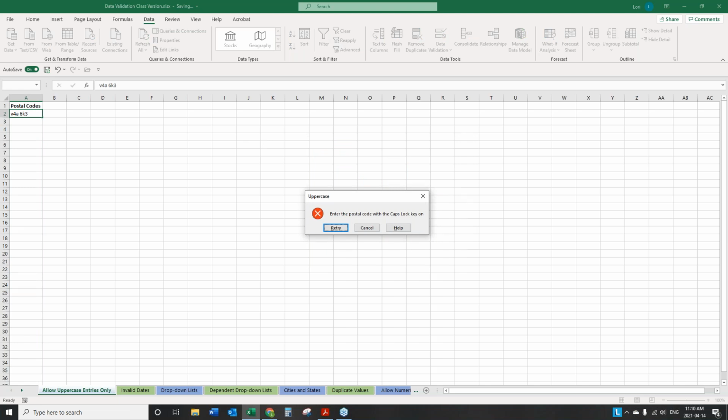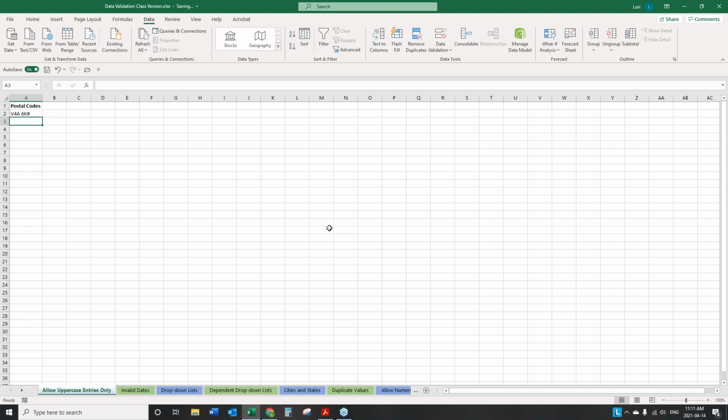And it gives me the correct message. So it doesn't fix it for you. It just checks the data and gives you the appropriate message so you know you need to fix it. So now I'm going to click retry, type it correctly. Oops. Now it's not checking to see that I put the correct number there, but there I don't get the